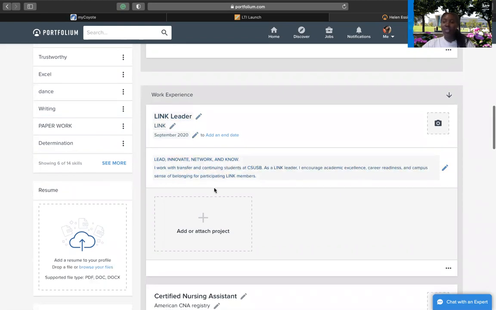And in the bottom here, you want to kind of explain what that position entails, what you will do in that position, and the date that you started. Of course, you can also add an end date, but since I'm not ending it, there's no need for an